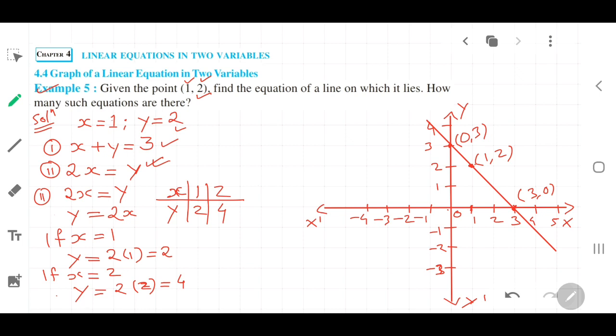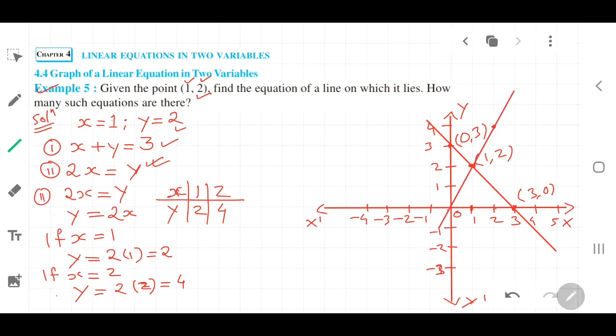You understood? Now you can see, by taking x as 1, here is x equal to 1, and y we have to take 2, so here will be 2. Correct? 1 and 2, we got the same point, we can see here. Second one, you see, x is 2 and y will be 4. Another point will come here, till here. Correct? So here also we can draw one more line.